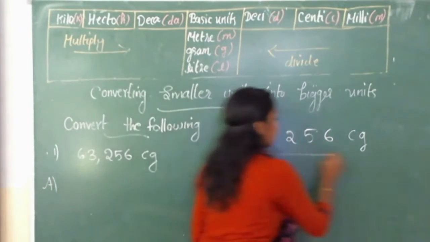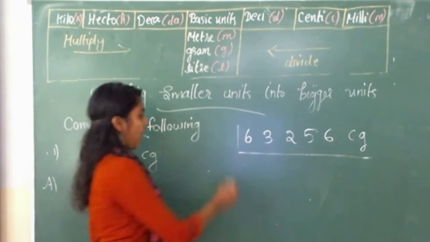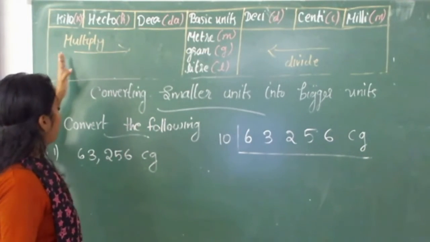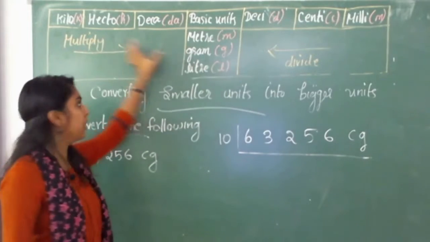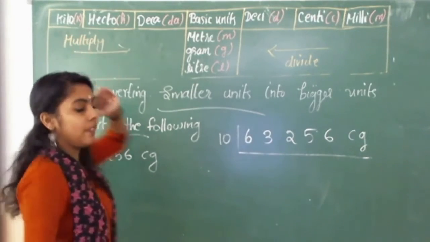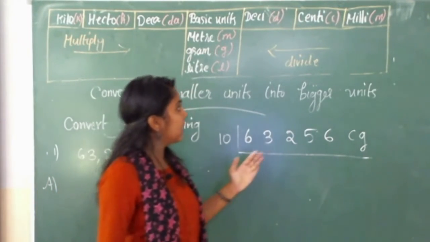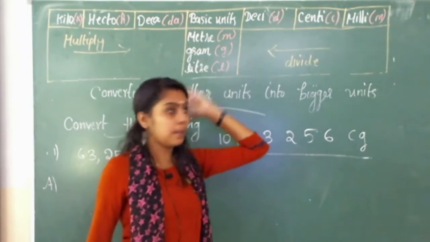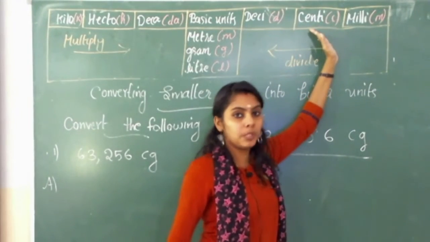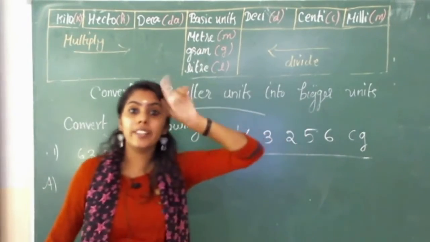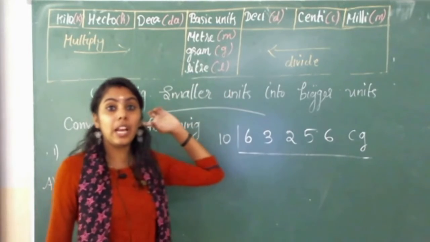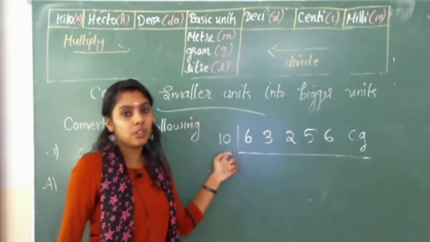Then we will use 10 to divide. Why are we choosing this 10? You know, when we are converting the bigger one into smaller one, we move from left to right. That is multiplication. So when we jump one time, we multiply by 10, isn't it? Like that, when we are moving from this side to this side, smaller to bigger units means division only. So from here to here when we are jumping, that is 10 you should divide. From here to here 10 we will multiply. From here to here 10 we will divide. So that 10 we will write here.